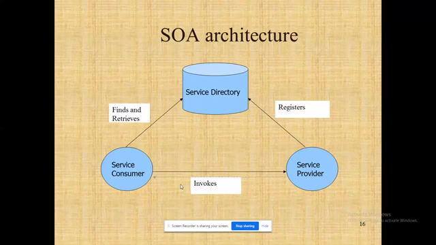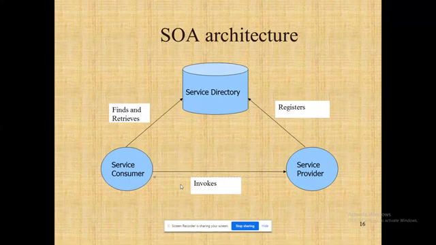So this is the level of understanding of what we are doing from the programming point of view. The service consumer will find and retrieve the service from service discovery, right? But the service consumer will invoke the corresponding service. That means the identity of the service. He can see it like window shopping in the service directory. That's all; these are the things available. Once window shopping is over, the service consumer will inform the service provider, I need this service, right? The service provider will verify whether this ID is available in the service directory or not. If it is available, depending upon the budget posted by the consumer, if he can manage that service, he will allocate the service to the corresponding consumer. So that's the major thing.